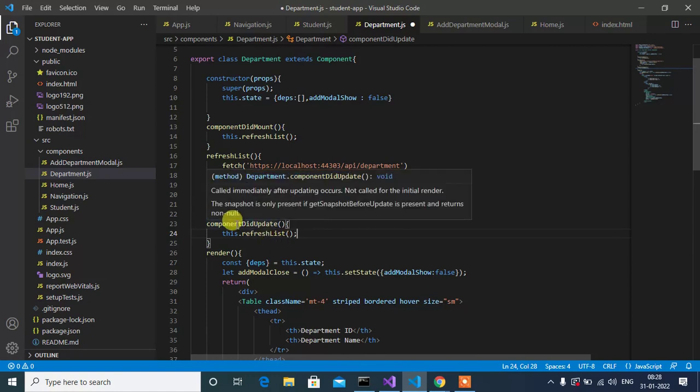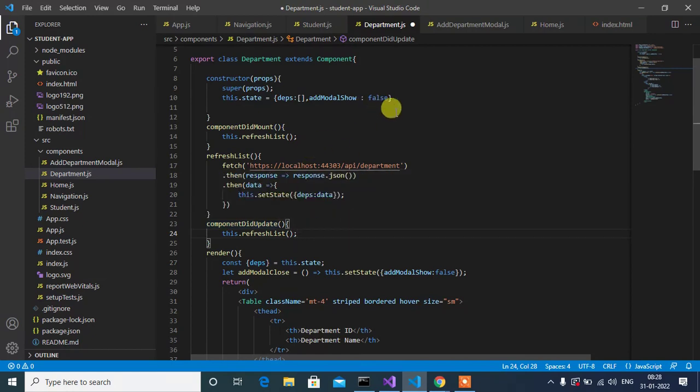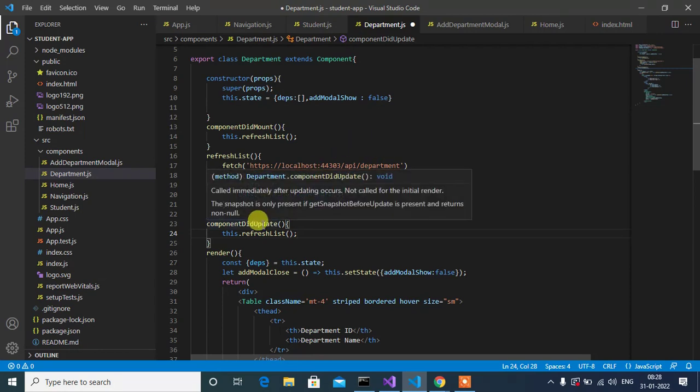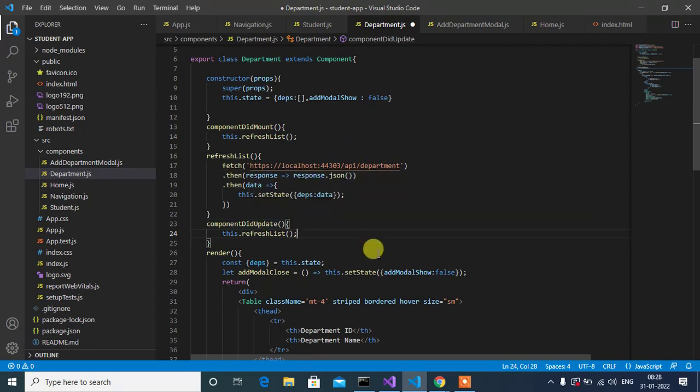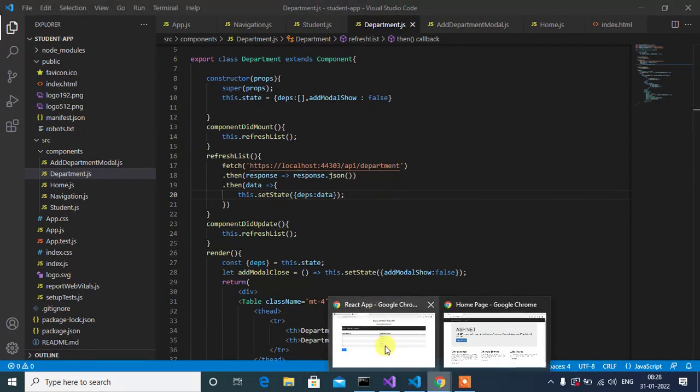This method will be executed whenever any state or property is changed related to this component, department component. When this method is called, we simply refresh the list. Okay, now let's check it in browser by adding new department,